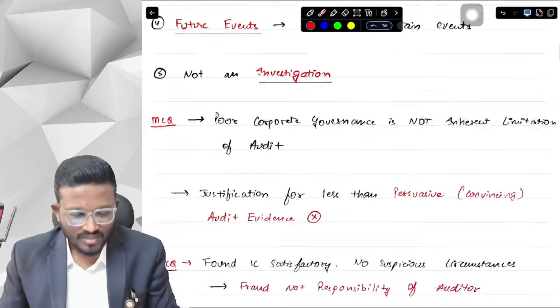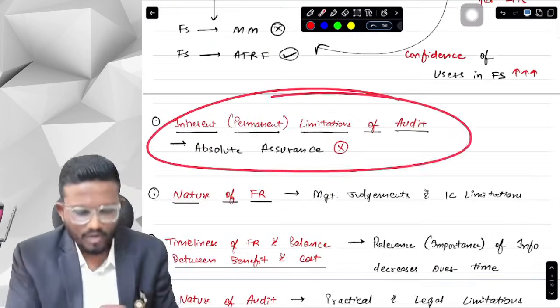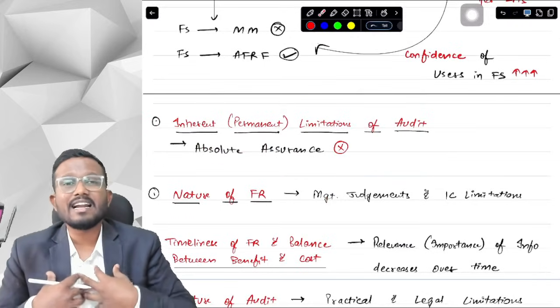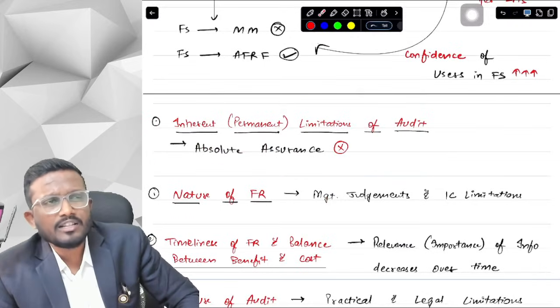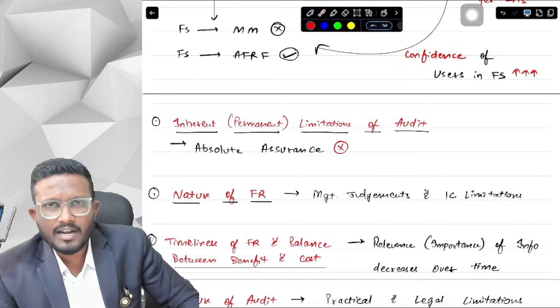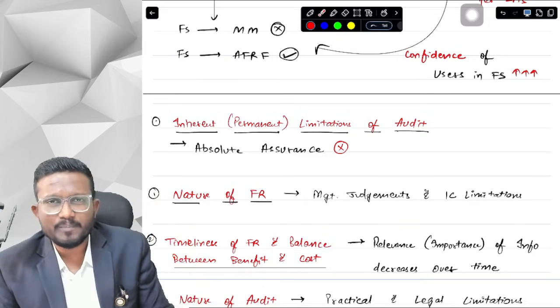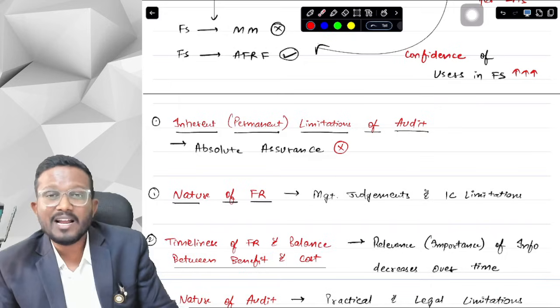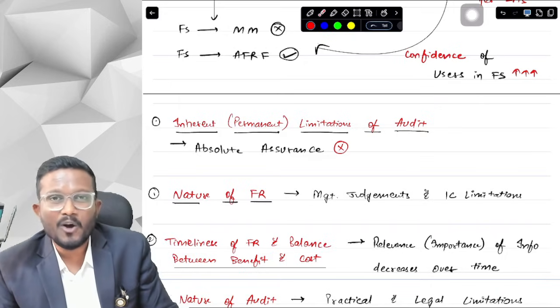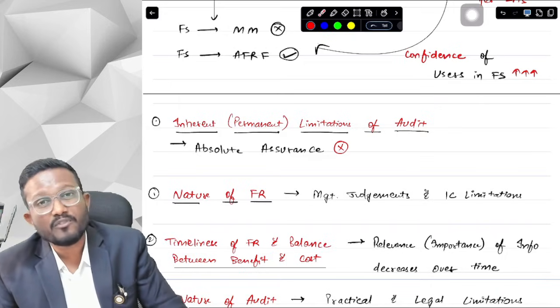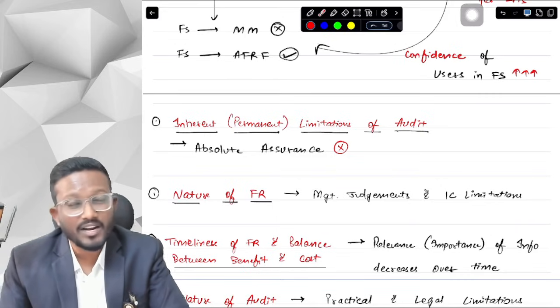Okay. Yes, sir. Now, suppose there is an inherent limitation of audit, and I am an auditor just taking it as an excuse. Okay, there are inherent limitations. Suppose I am auditing a company, and after I have audited the company, a fraud is discovered, and the management then blames the auditor that the auditor has not done the audit correctly, since we have discovered the fraud and the auditor was not able to discover it.